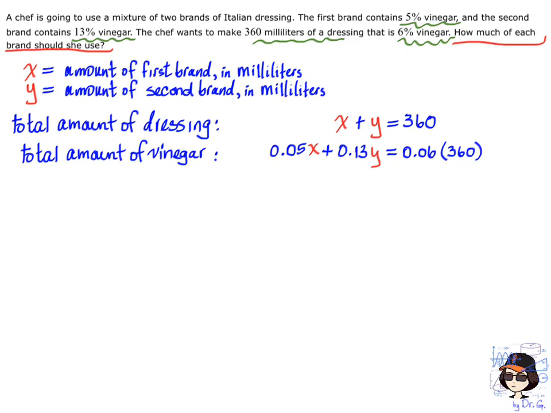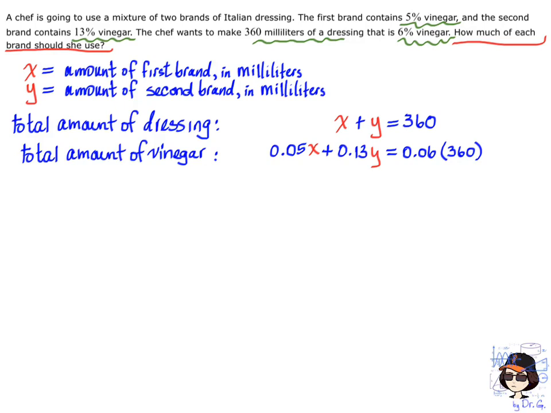That's my system. So I don't know about you, but I do not like decimals. Even with a calculator, I get confused. I mess up when I put them in, if my fingers are too big or something. Most of the time I don't get the right answer. So I don't like dealing with decimals, and I bet you don't either. So here's what you do. You get rid of the decimals in that second equation by multiplying both sides of the equation